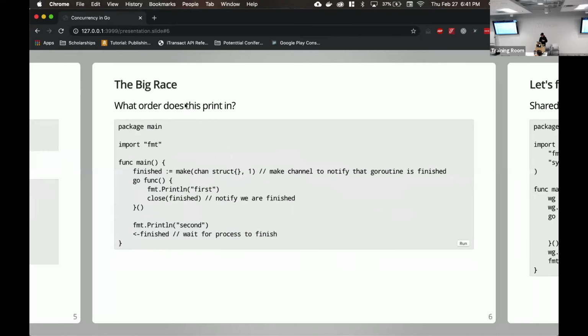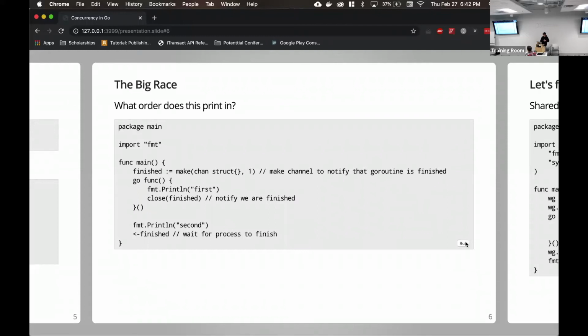So, okay. I assume all of you have heard of race conditions. Okay, so which one prints first? Is my question to you guys. Let's vote. Does first print first or does second print first? Which one prints first in this? Not deterministic is your answer. I have to go with second. I'm going to go with the literal first prints the string first. Okay, I'm gonna go second. And okay, let's run this.